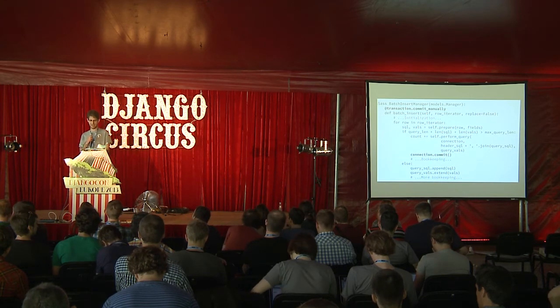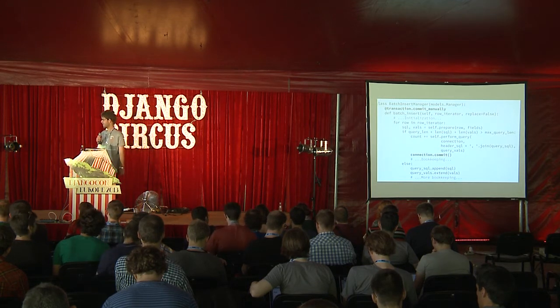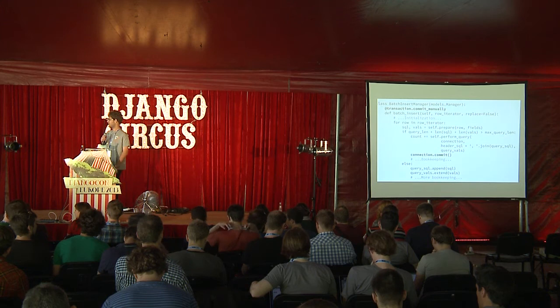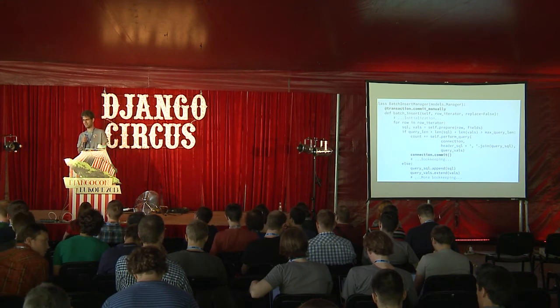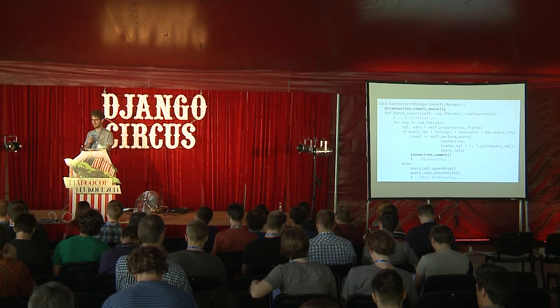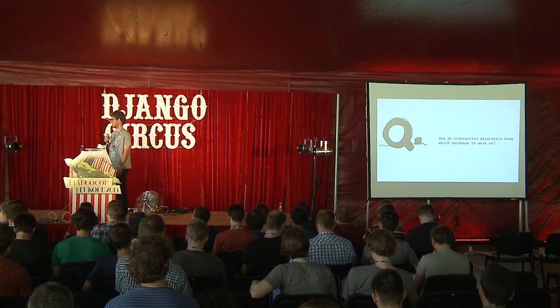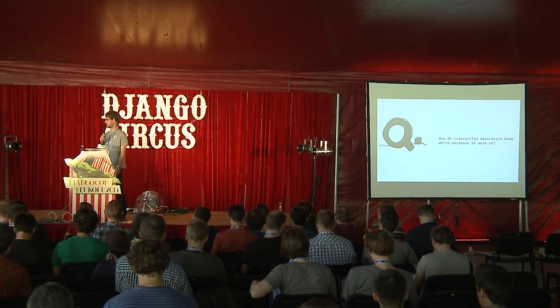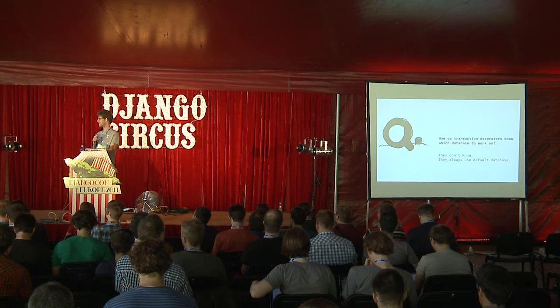In the bold lines, we can see that we do some transaction, and we commit the transaction. So we tell Django to commit manually, and then we commit it by ourselves. And it worked for a while for us, because we use just the default database, but it doesn't work with multiple databases, for an easy reason. How do transaction decorators know which database to work on? The answer is they don't know. They always use the default database. And that's another bug.